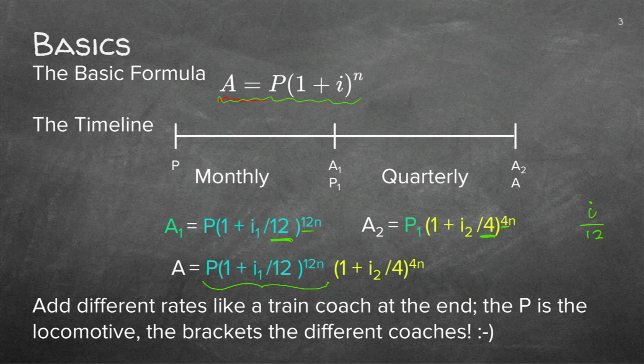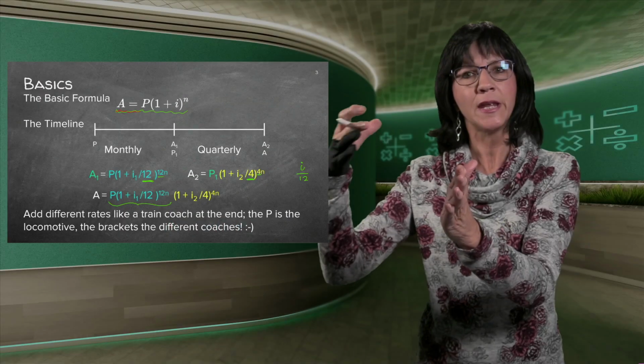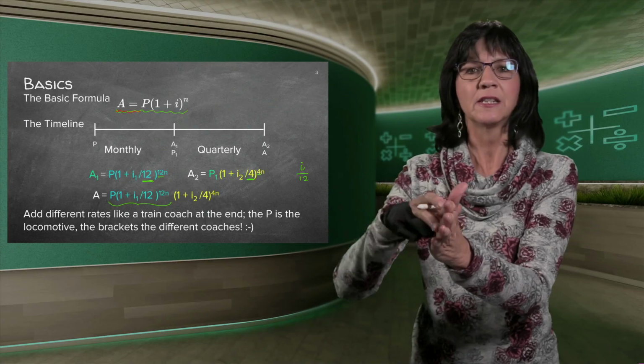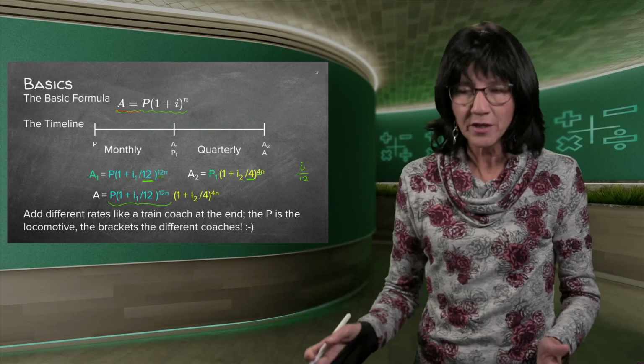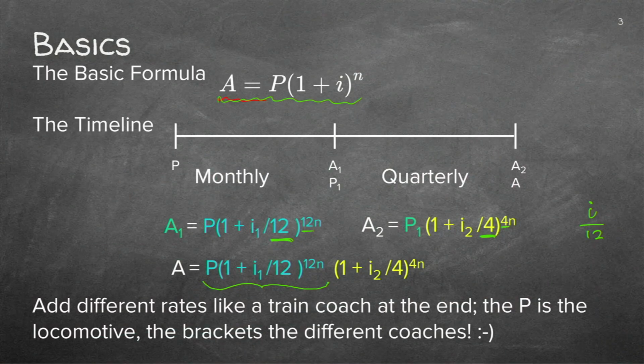But now that answer, if I take that and from there on I do a new interest rate, this interest rate is now quarterly, I can just slot another coach at the end. So if you read the sentence at the bottom, it's like a train. The locomotive is in the front, it's the P, the engine, start off amount, and behind it is a lot of coaches. And every coach will have a different interest rate. So it's like doing a lot of different problems. If you get this green one's answer, you just multiply it with the new interest rate. And if it changes again, you put another coach at the back and you multiply it with that.